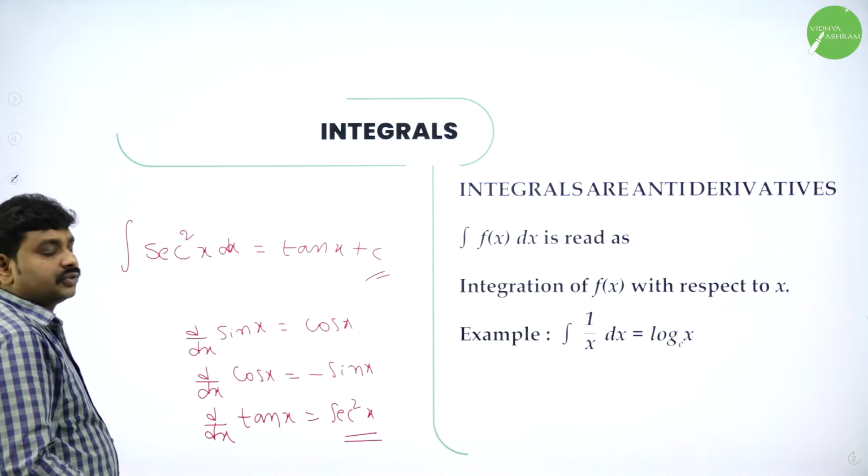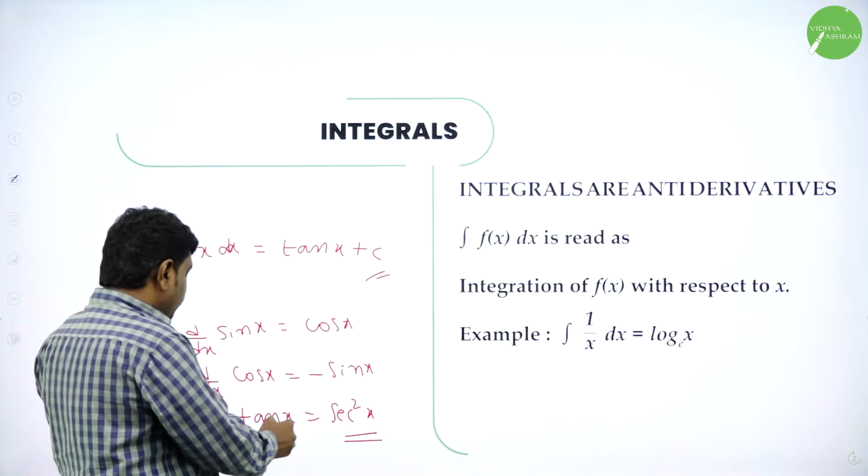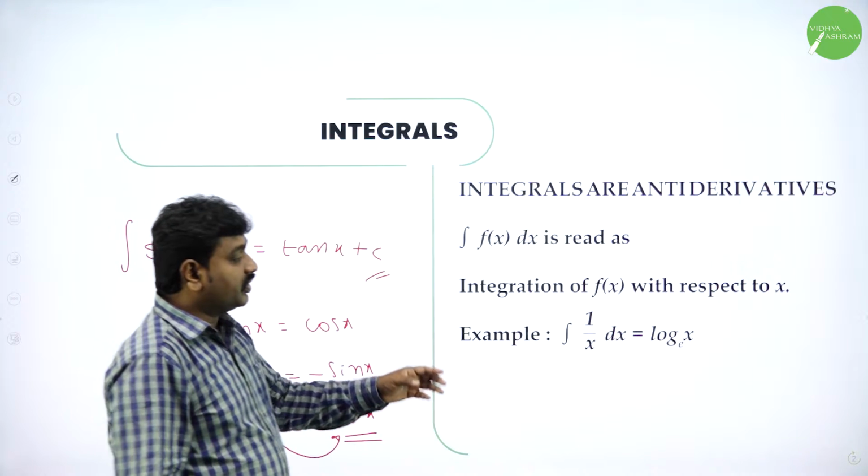If I integrate secant square x, I will get tan x. That's it. So integration of secant square x is tan x. Why? Because derivative of tan x gives you secant square x. Means when you differentiate the answer,